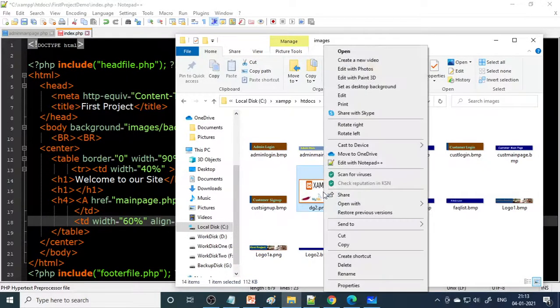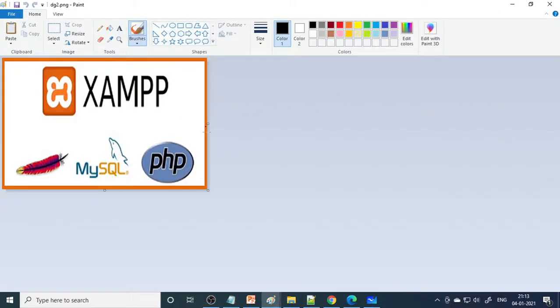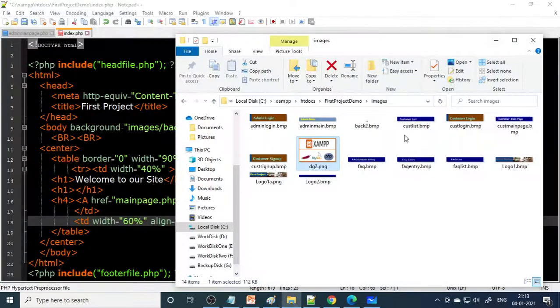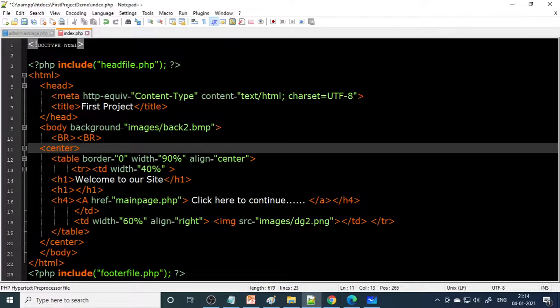You need to create the picture. In order to create pictures, you can easily create them in Paint. You can edit in Paint. Let's say I want to make some changes here. Let's draw a line here. Perfect. I'll change the color. Now I can save this. You can see that the picture is changed, but sometimes it will not take effect immediately, so I'll just refresh and show you. So this is the index file.